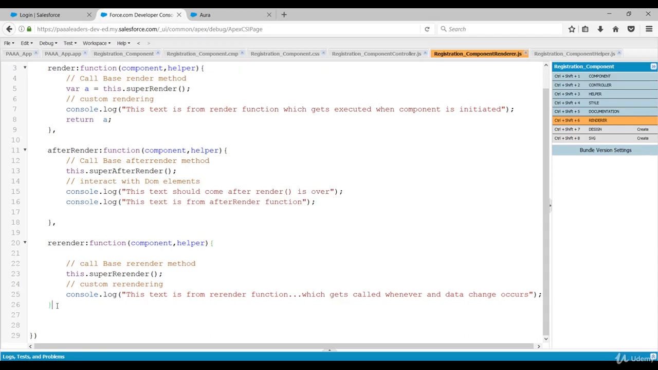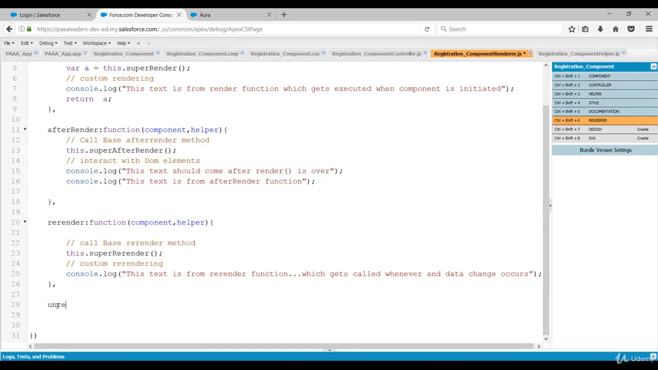Now the fourth method, that is unrender. This unrender method is called when the component gets destroyed. Not deleted, gets destroyed. That means all the DOM nodes are getting deleted. Okay,